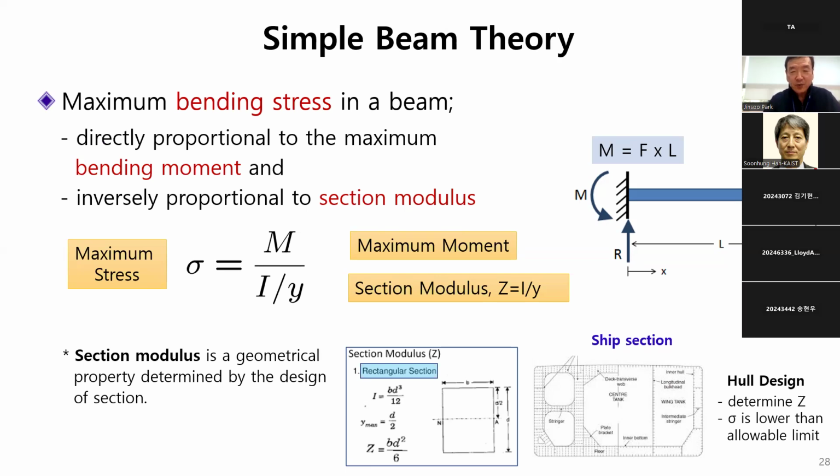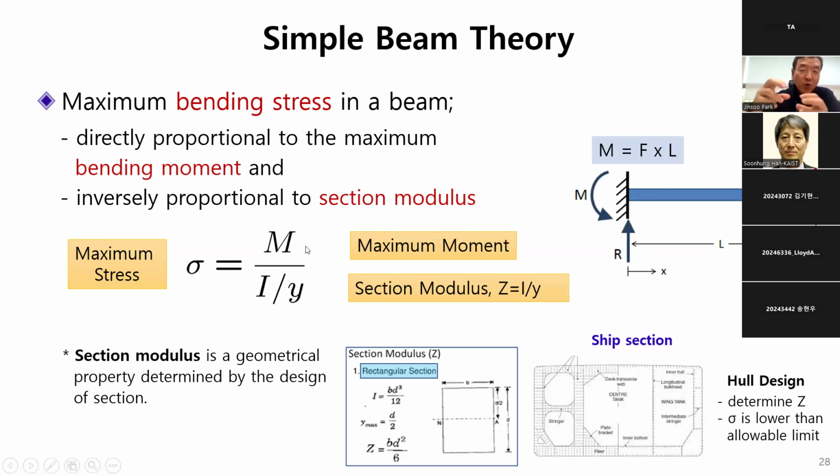Why is this important? Because a ship is very long, up to 400 meters, as you saw in your slide. The whole ship can be regarded as a simple beam in the initial design stage. So this simple beam theory is used with simple equations. Maximum stress amidships is easily calculated as moment divided by section modulus. So stress is obtained from maximum moment